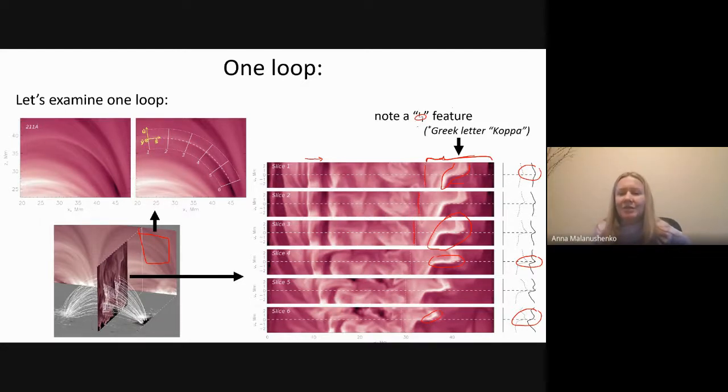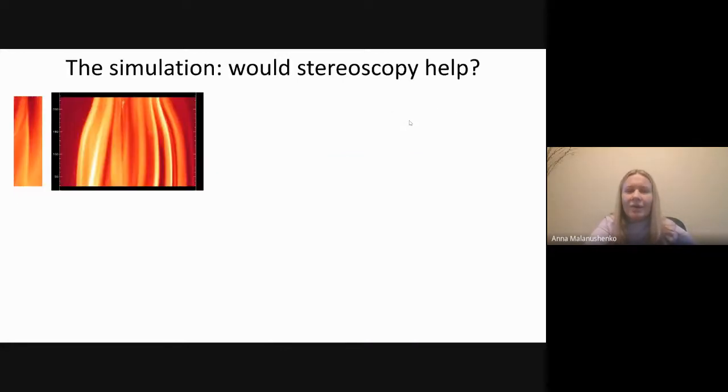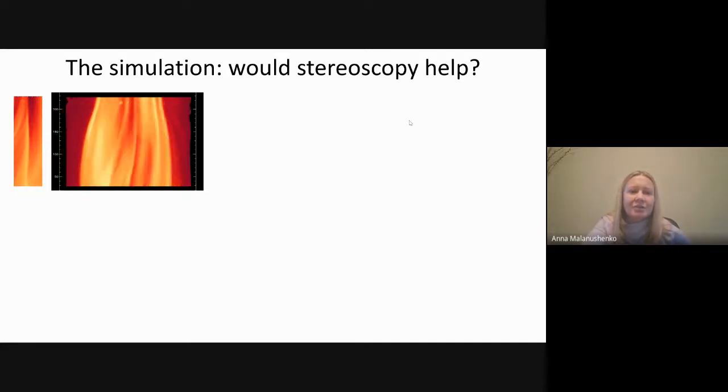We have to study this feature as a whole. And it does look like this particular loop is a middle bar of a copper, or in other words, a wrinkle in a veil curtain, which gives the paper its name. Well, can stereoscopy help? What would this loop look like from different points of view? Well, I would argue that the stereoscopy would actually cause more pain than gain in this case, or more confusion, unless we figure out how to do it right.